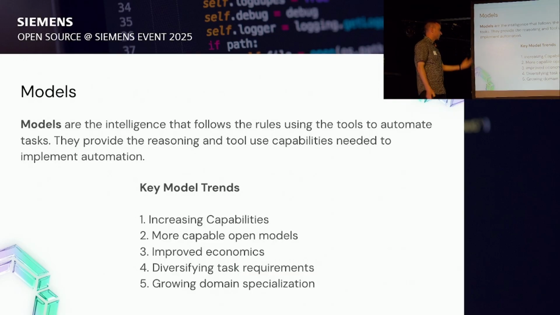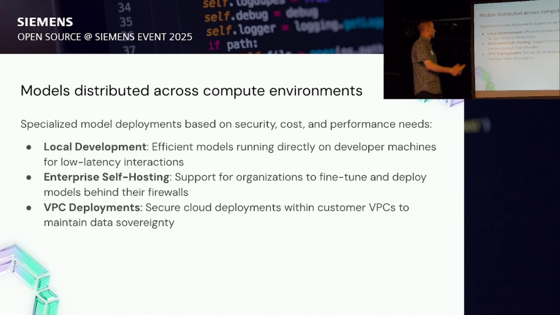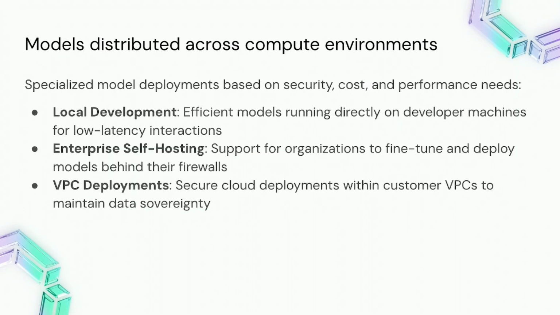And then growing domain specialization. Especially with open models, and some amount of API-based models, you're able to fit them into your patterns and your organization's idioms, like maybe niche programming languages or programming languages that haven't seen the light of day. Those are the things I'm seeing, and in some ways some of them feel like they're even speeding up. And the part that I was hitting on earlier is the nice thing about the open architecture approach is you can distribute across compute environments,